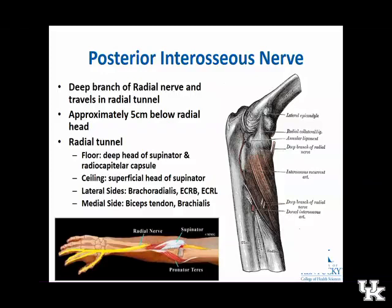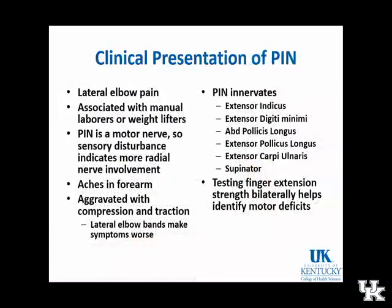I've had that happen. The floor, basically the deep head, is the supinator. The ceiling is the supinator muscle. The sides are basically these other extensor carpi radialis and the brachialis. Again, the posterior interosseous nerve